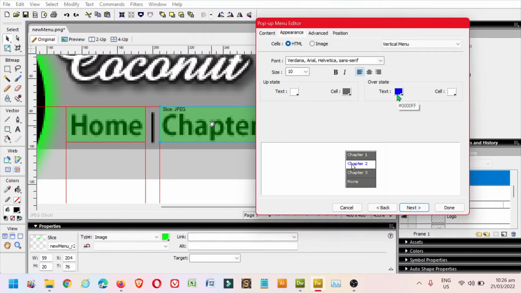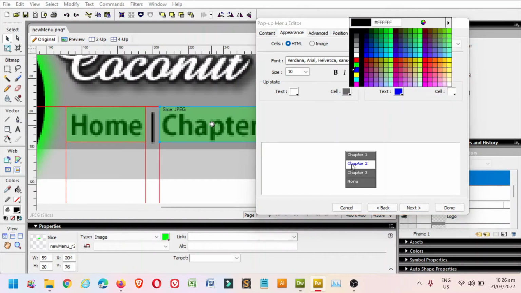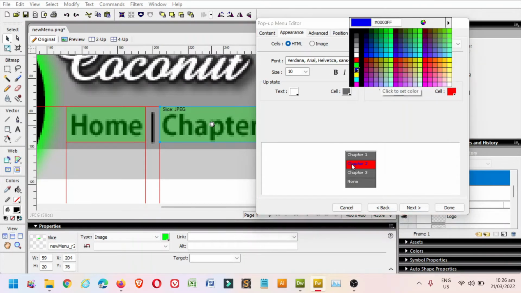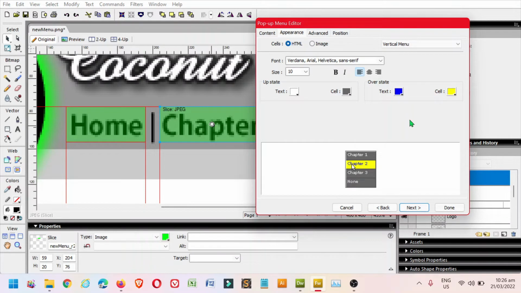And then this is the text color once the mouse position on the specific menu. So text color is blue, the cell highlighter is white. So we can change this one to red. Let's check if it is visible. Yellow, I think this one is okay. Okay, then next, click next button,